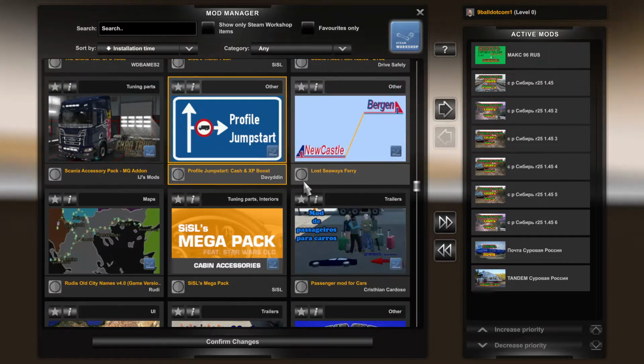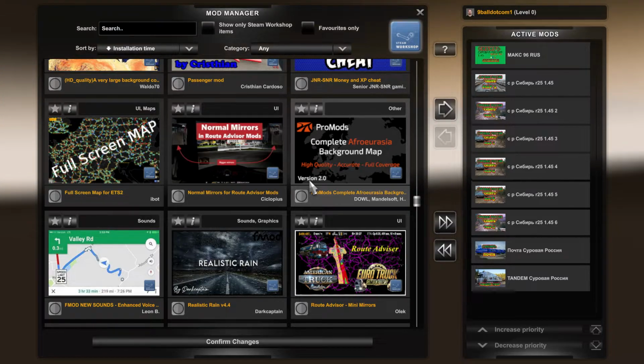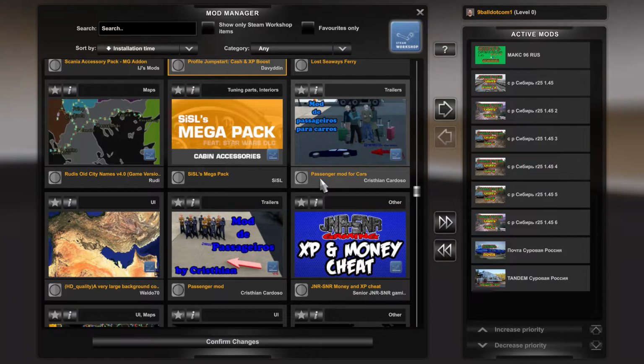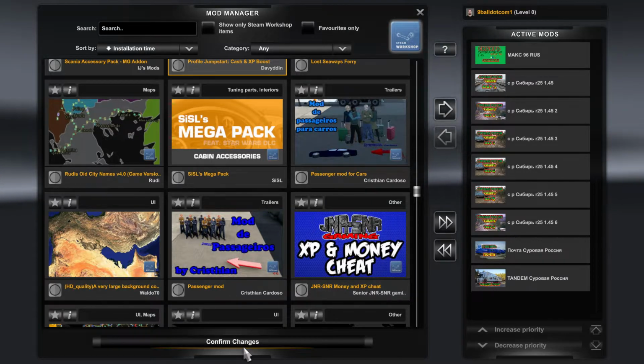I know that when I've got the Russian truck installed and it's going over bumps at speed, it does drag the frame rate down quite a bit. Other than that, it drives fine and it's perfectly okay. But this is your load order. Once you've got that done and you hit confirm changes,